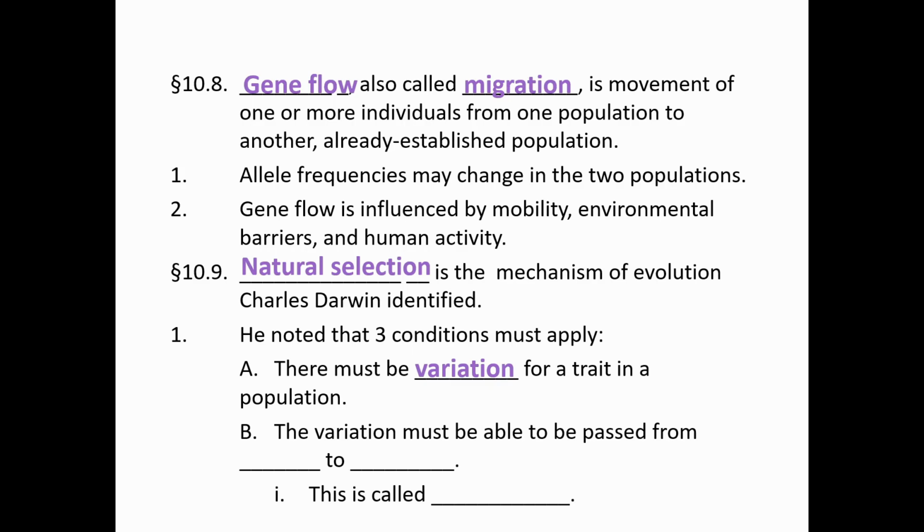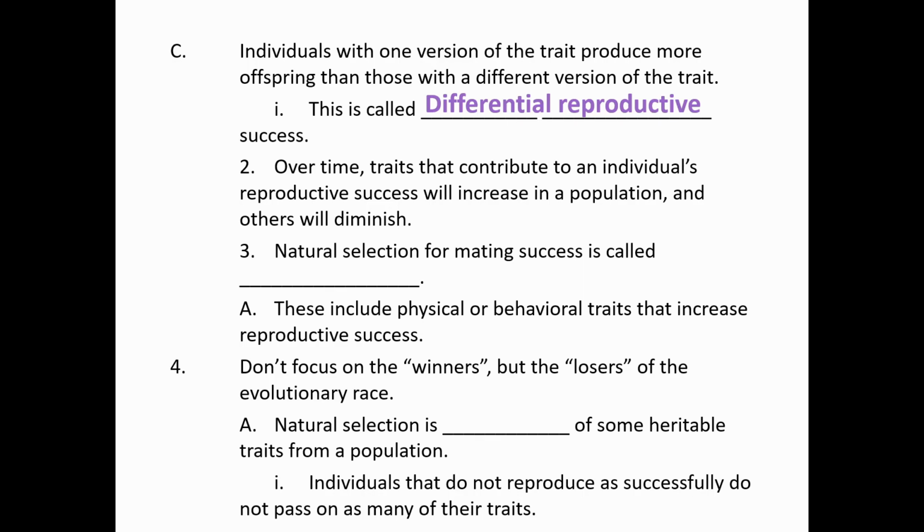You have to have differences in a trait. So it doesn't matter what trait we're looking at, but if you're looking at a particular trait and you want to see natural selection act on that trait, you have to have individuals who are different from each other with that trait. So skin color, eye color, hair color, so on and so forth. And that variation has to be genetic. So it has to be inherited. So the variation has to exist. The variation has to be inherited. And the variation has to lead to some differences in how well they reproduce.